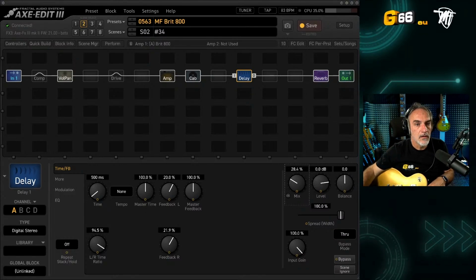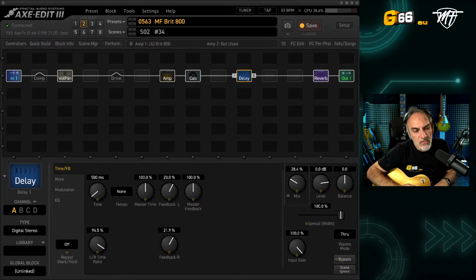Okay, there are some questions. What's the difference between ambient stereo delay and digital stereo delay? Same settings. Now I'm using the digital one, but this